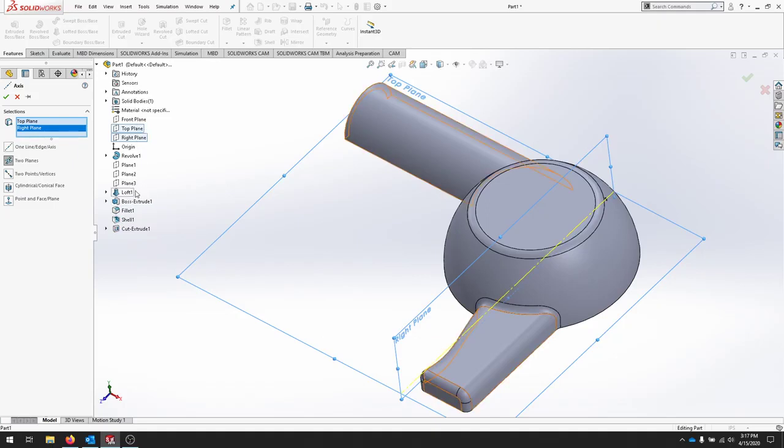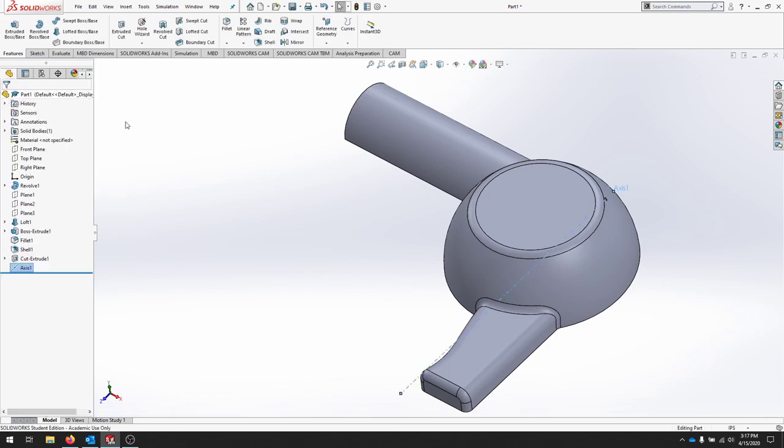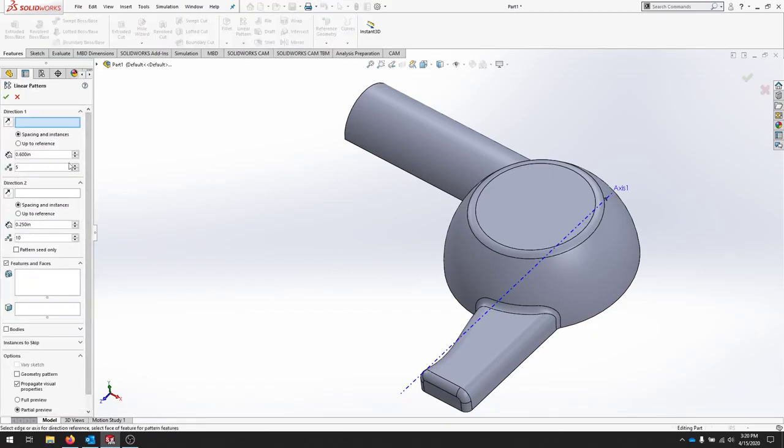And then that should create an axis for us to pattern around. Hit OK. Okay, once we've created our axis, we're going to create a linear pattern. To get started, for our first direction, we're going to select this edge. We know it's perpendicular to the part. We want that spacing from the edge in this direction to be 0.6 inches, and we'll have 5 of those